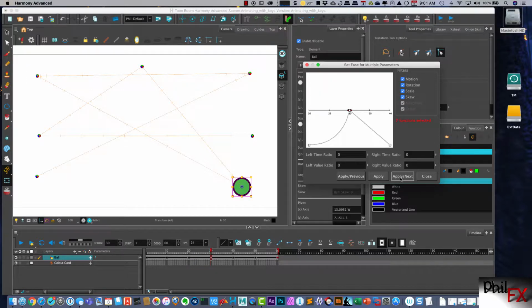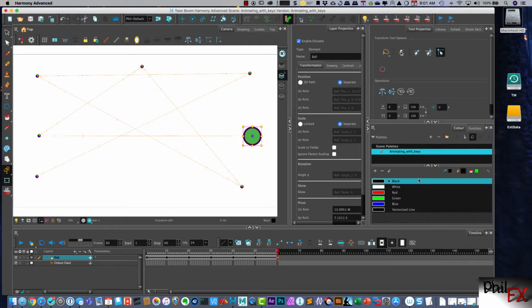So I will do apply and next, same kind of thing. I want to do that and do this, apply and next, same as here and here, apply and next, and I want to slow coming in, apply and next, and hit apply and close. So now let's play this, and you can see from where the hash marks are, as